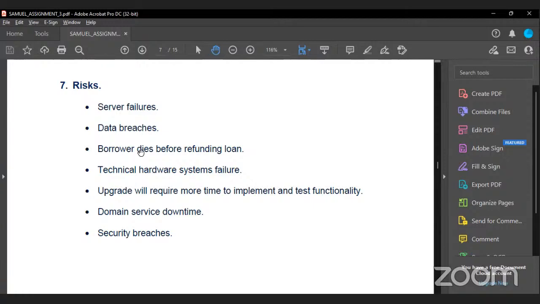We could say that the borrower dying is one of the high risks, but you can see that if the domain name or the domain service goes on downtime, it brings faultiness to the whole page and the whole functionality goes down, so no one will be able to access the web page. That's why I thought it fit to add these as risks that could partially or impartially bring down the project or the web page.